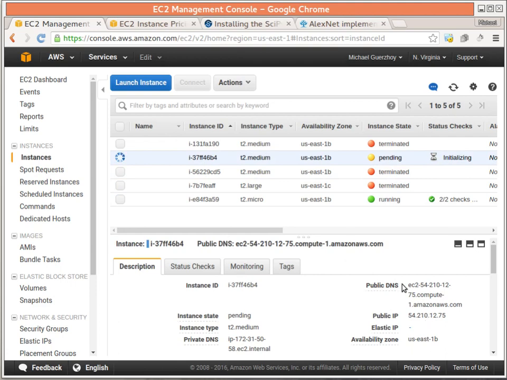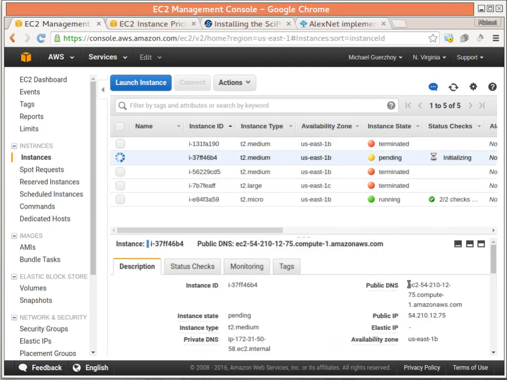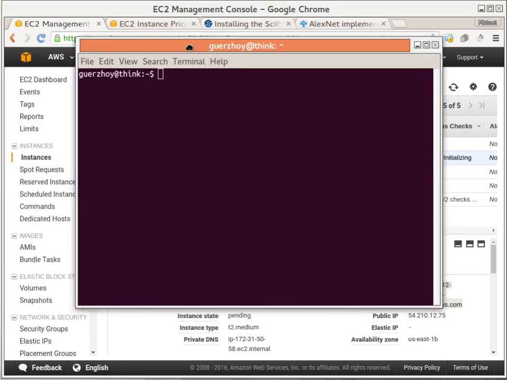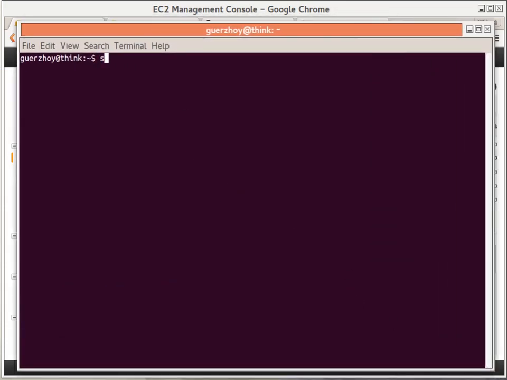While it's initializing, I can already see its DNS over here if I click on here. So this is the DNS. Okay, now I can have a terminal window. Here's my terminal window. And I can say ssh -i aws.pem, so that's my private key that's available on my path. It should be available on your path, or you should be in the folder for which you're SSHing. And then I say Ubuntu